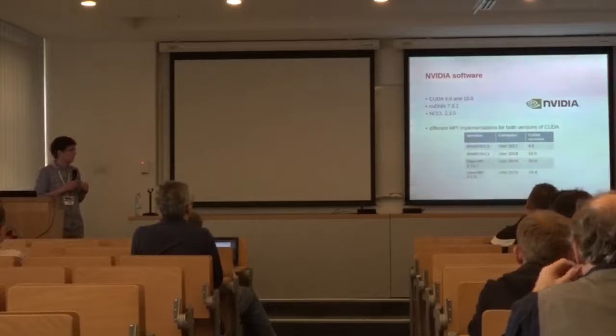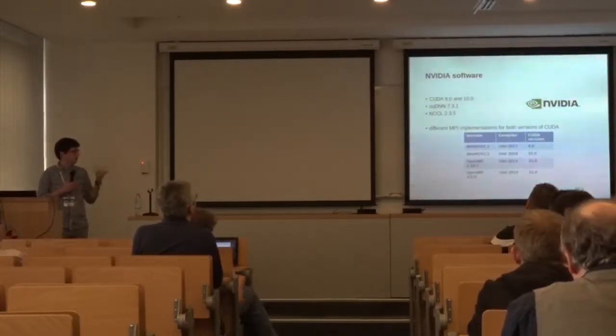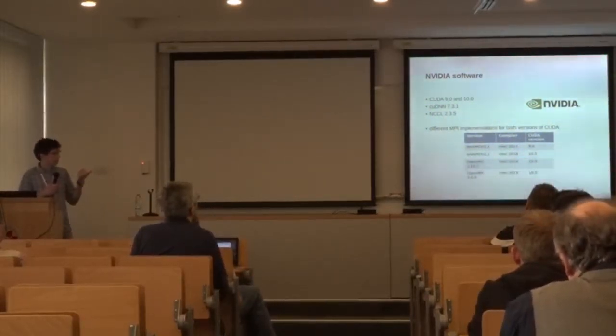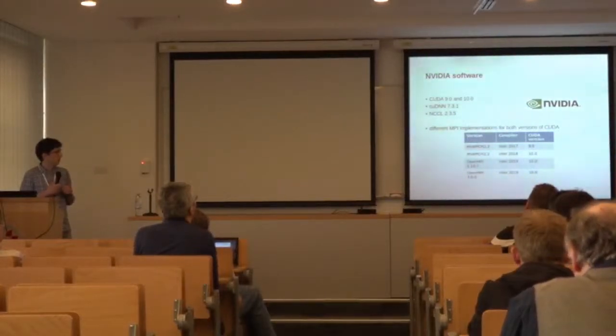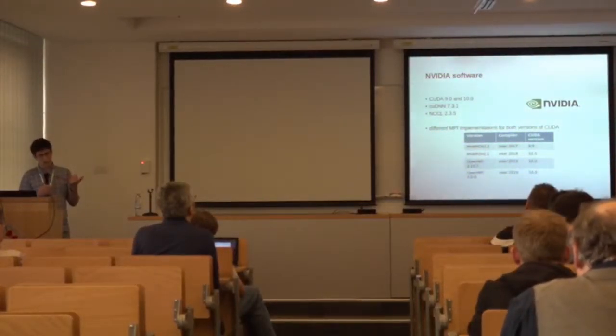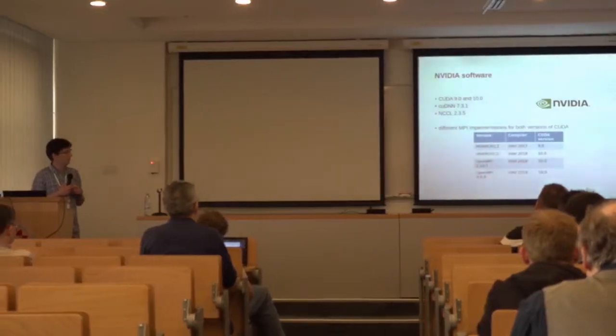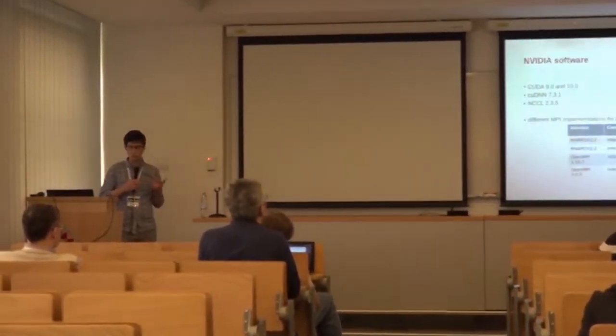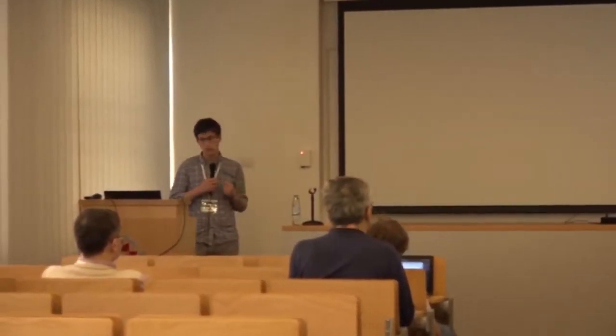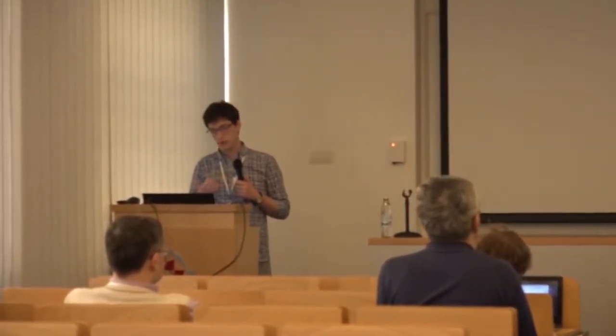There is NVIDIA's deep learning library, cuDNN, and NCCL, which is NVIDIA's library for intercommunication between GPUs and between compute nodes. And for both versions of Cuda, 9 and 10, we have multiple MPI implementations, because some applications work maybe only with OpenMPI or so. So users really have a lot of options,